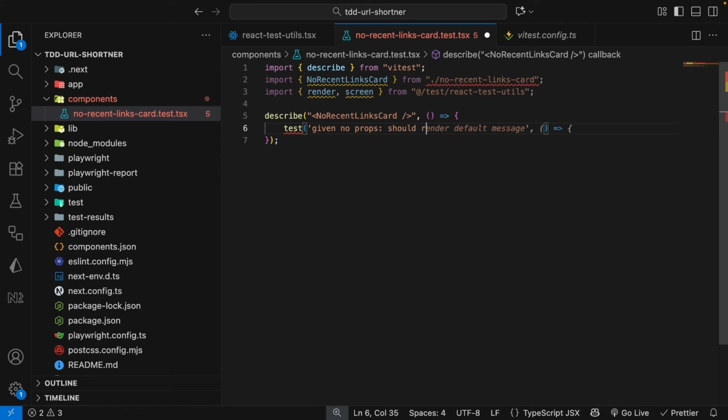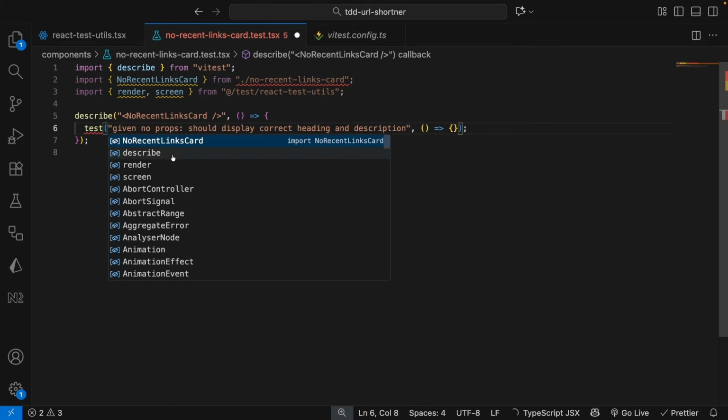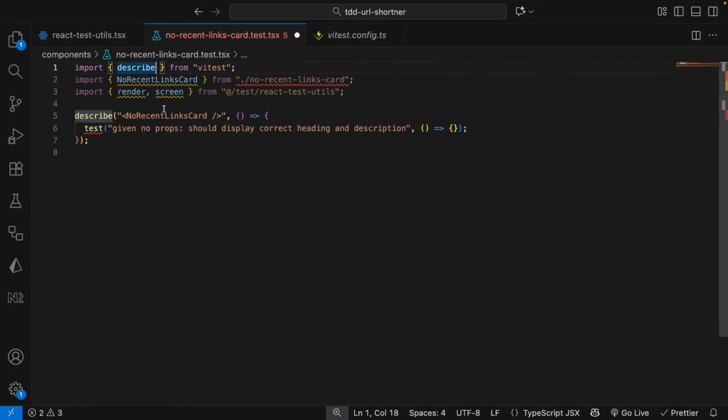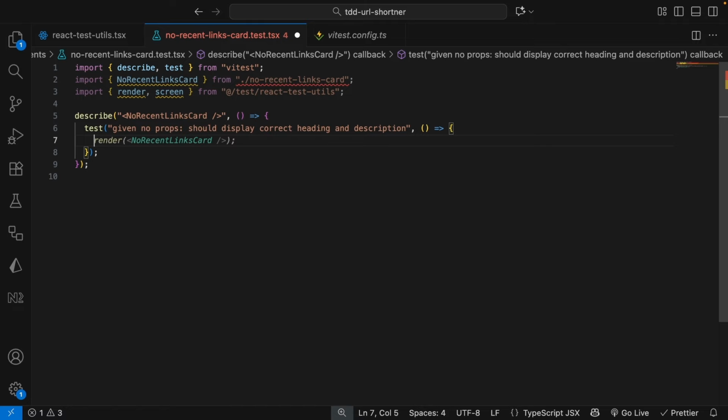Should render or should display correct heading and description like this, and I'm going to close this up. Okay, so now we have this error because we haven't brought in test, so we need to go on and bring in test from vitest. So test should come in from vitest here, and now we can come here, and the first thing we want